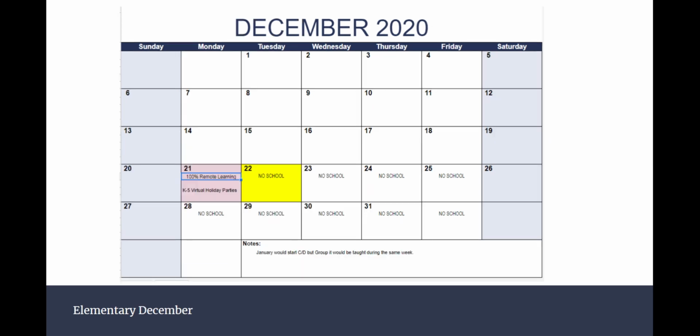The other part for December for our elementary students is very similar to middle school and high school. We will now be in for 3 full weeks prior to the Christmas vacation. However, we will be giving students no school on the 22nd, so they have an extra long vacation. And on the 21st, we are doing 100% remote learning, and we really want to revolve this around how do we celebrate the holidays? How do we celebrate as a class in a safe environment? And so we're looking at what type of virtual holiday parties we can have with our students on that day. Again, your principals will be talking about December 21st for both the elementary and the middle school and high school as we get closer to that.